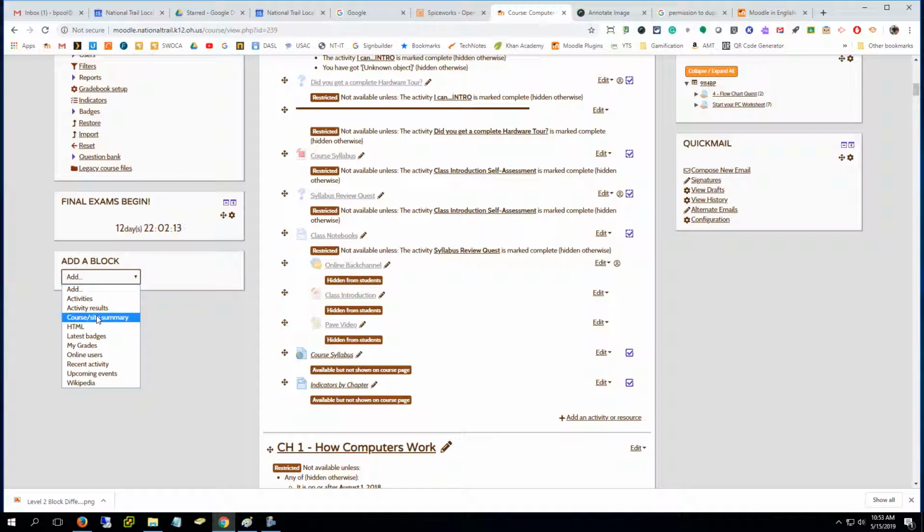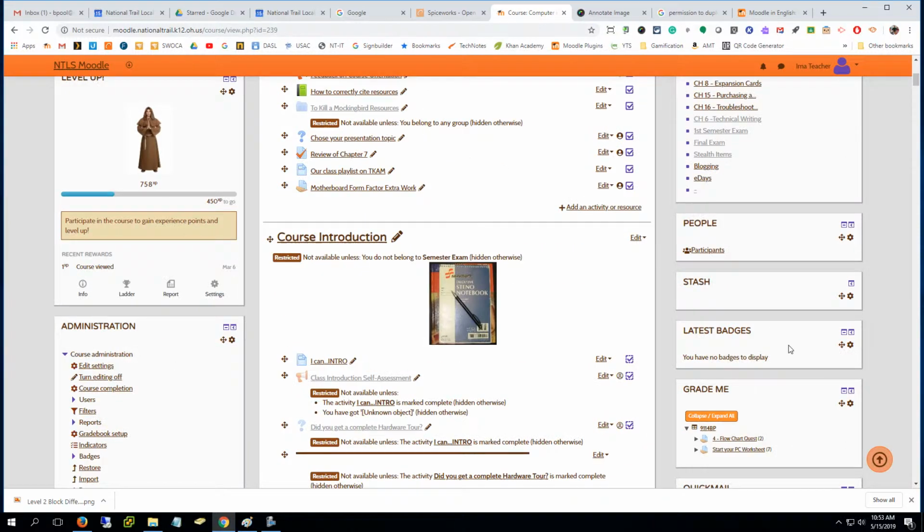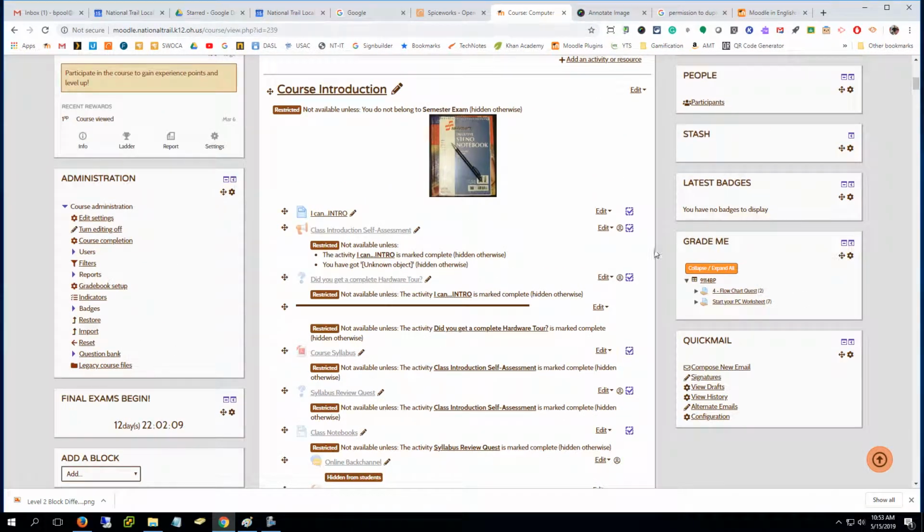The next one is the grade me block, which I've already got on mine. And this is what the grade me block is. It says that I've got 2 things to grade under flowchart quests. They're actually not due yet. That's why they're not graded. And 7 things under start your PC worksheet. Again, not due yet. Just some students have started submitting those things